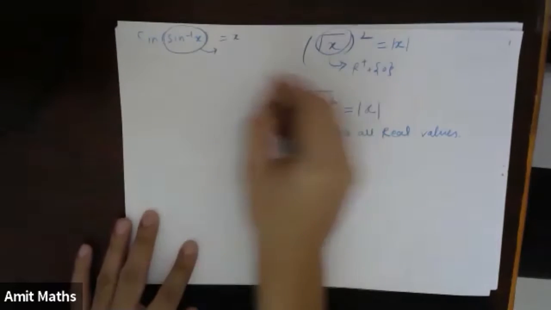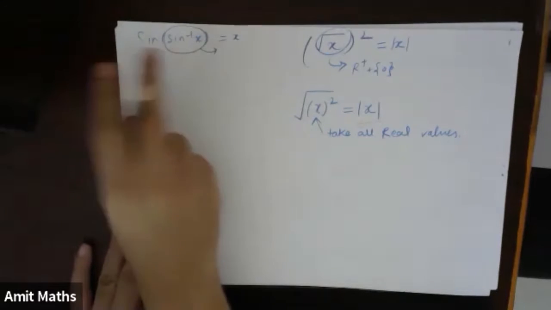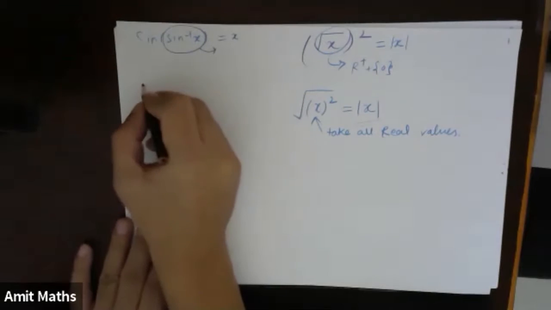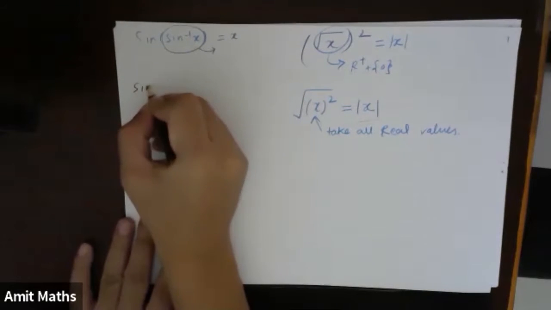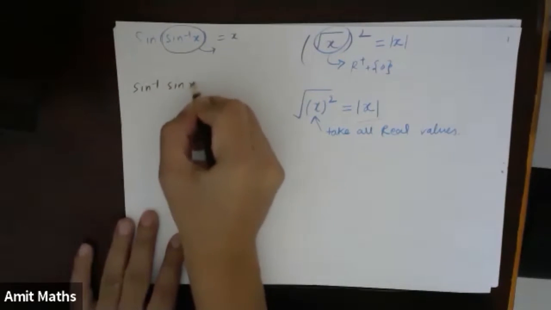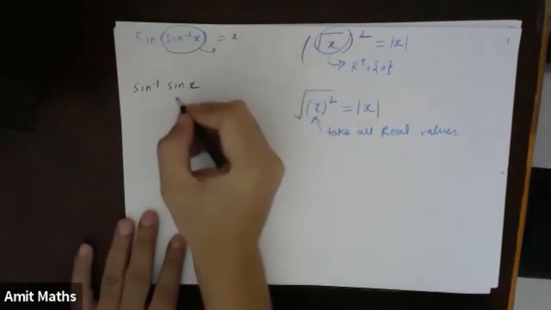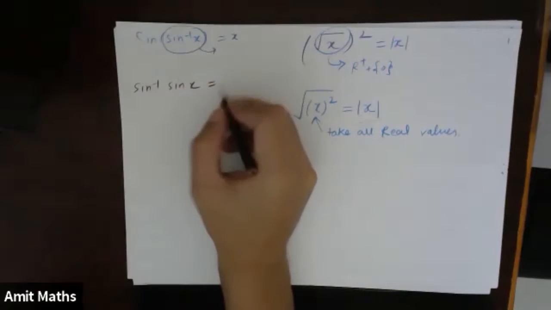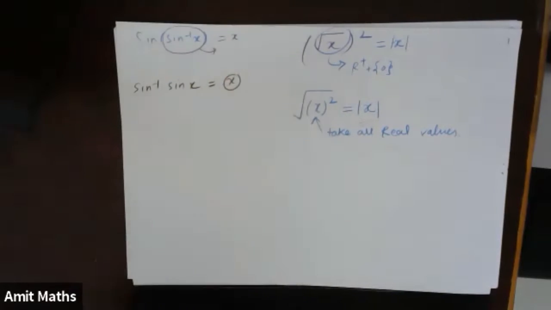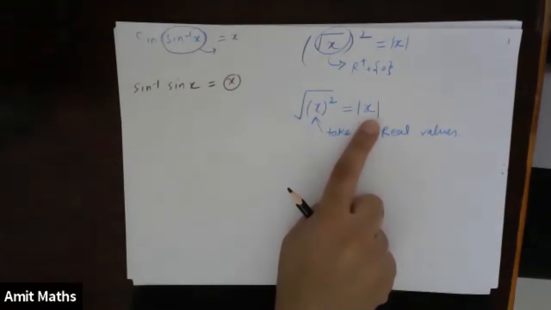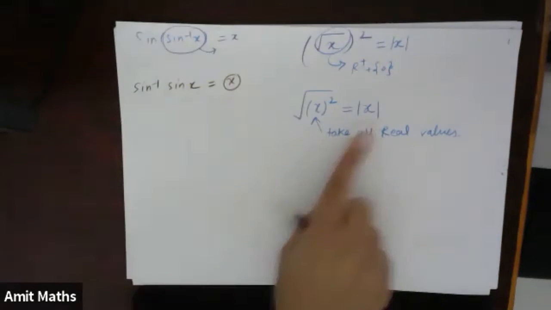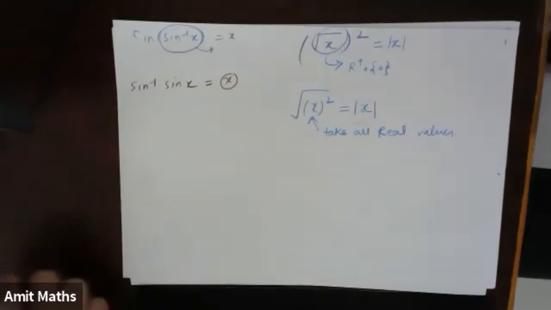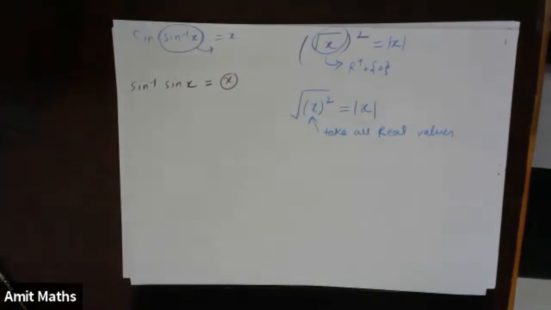Similar to this, if I change the sine inverse outside, in such a way that I now have sine inverse of sine of x. We know that both are inverses of each other, so we'll get something of the form of x. But as we can see, here also it is changing a little bit. There will be a slight change in this, right? So we will now try to check what kind of change we are expecting.